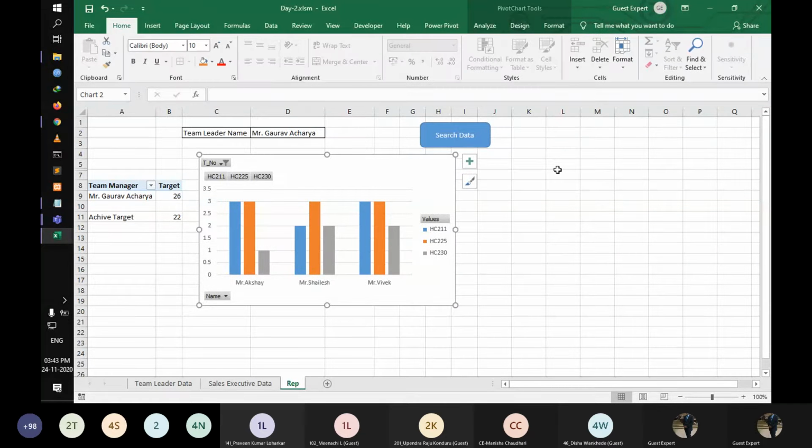So if you create a map, what we do is the advanced filter, which we have seen yesterday. So using the advanced filter, we also get the data, and this data represents the map as well.